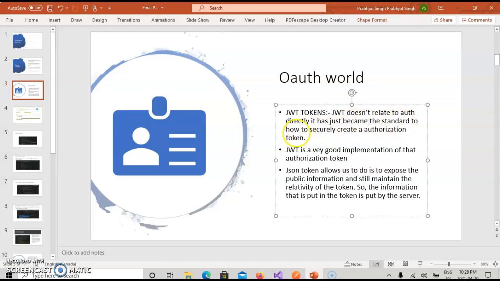It becomes the standard for how to securely create an authentication token. So we are creating an authentication token using this JWT in my project. JWT is the implementation for the authentication token. It basically uses a JSON token so that I can pass my public information and still maintain the reliability of the token. With this JSON I can pass my token to my API,